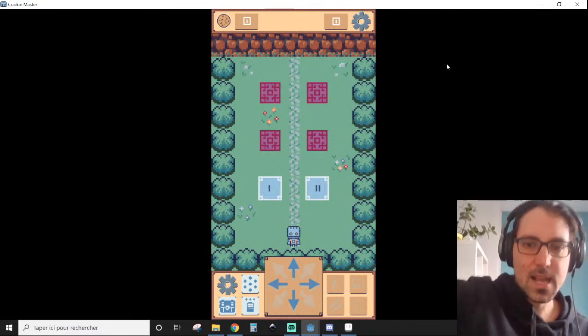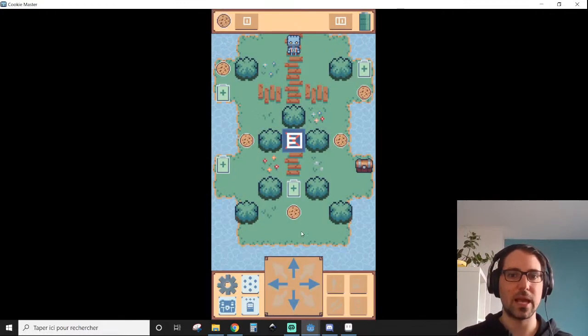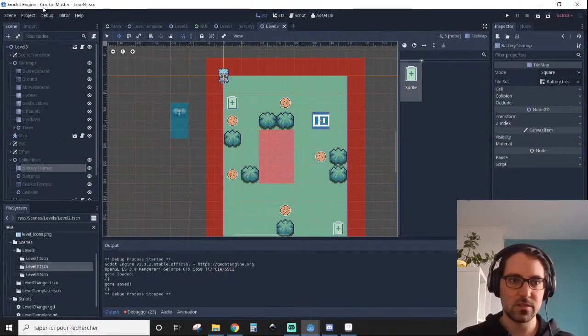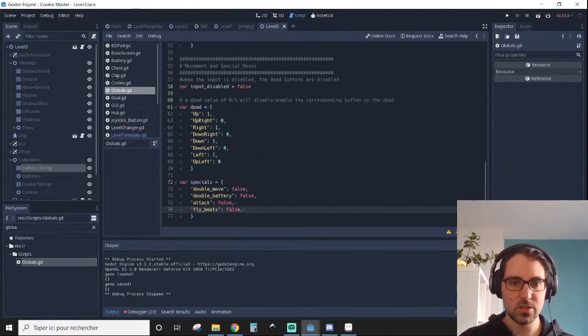game, in a sense that as you can see in here, for example, I only have up, down, left, and right movement, right? So it makes it so that you play the level in a certain way. But if I change the movement to, let me go globals, if I change the movement to the opposite, so I basically only turn on,